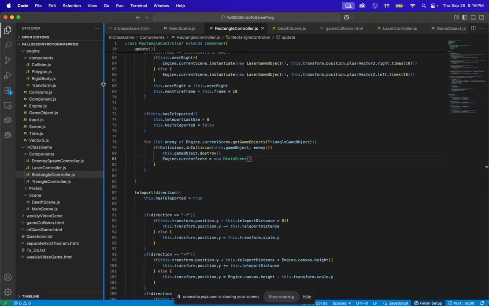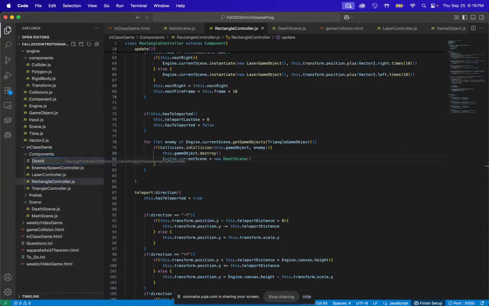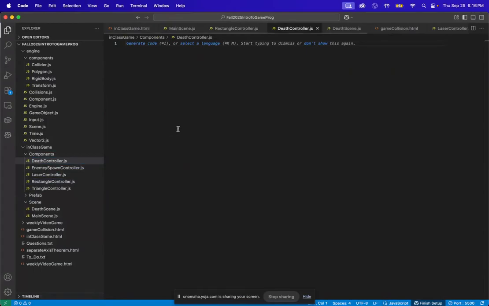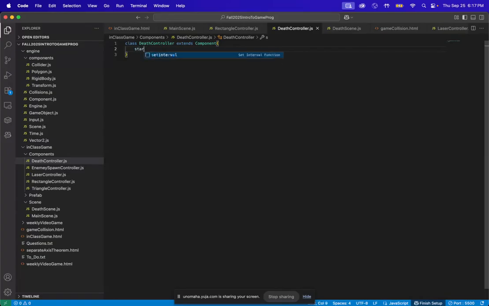So let's just do this. That actually means it's pretty simple. Let's say death scene or death controller.js. Class DeathController extends component. It's not constructor, it is start. We need to be start it. We need to also be able to update. Also need to, and we could say if